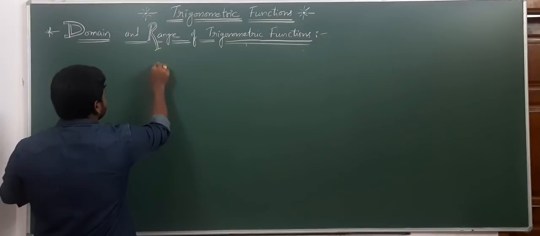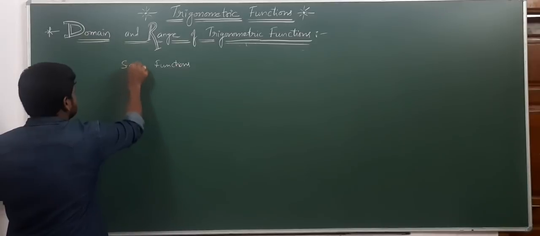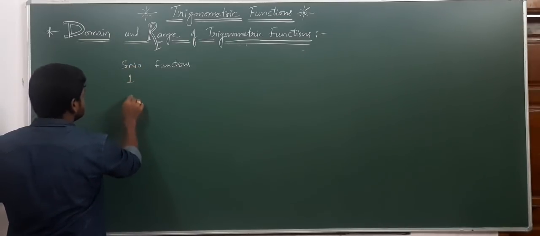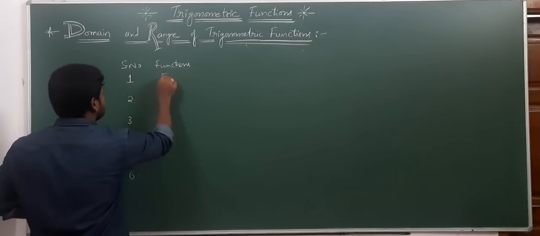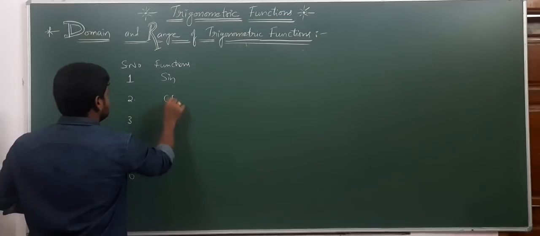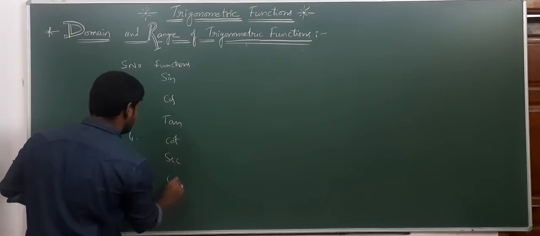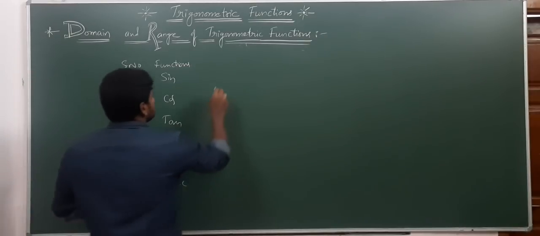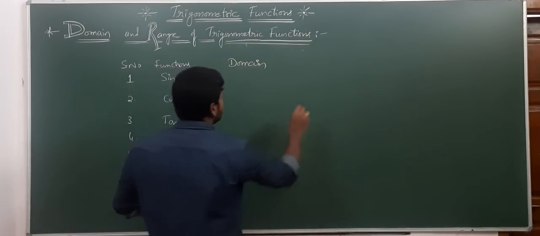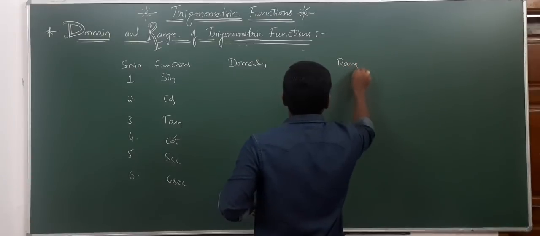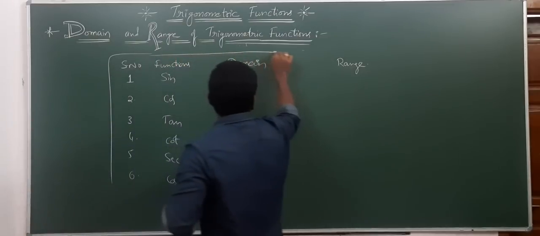See, these are the functions, like 1, 2, 3, 4. Next, when it comes to function, this is sine, cos, tan, cot, secant and cosecant. So I will write domain and range values here. Domain and also range. Put it in a tabular form. So write neatly in your notes.